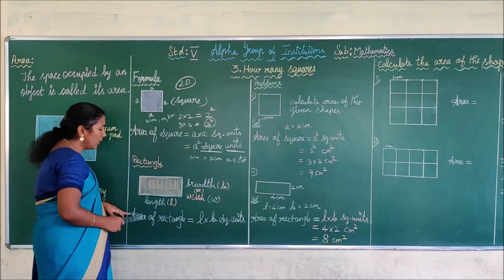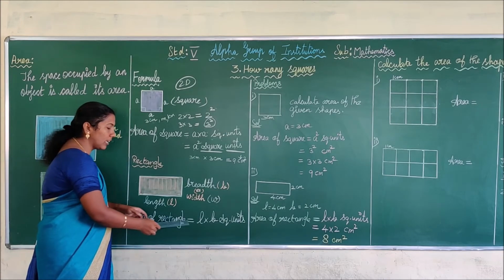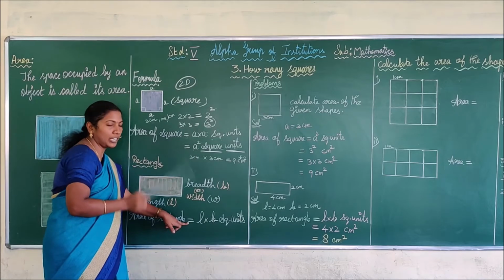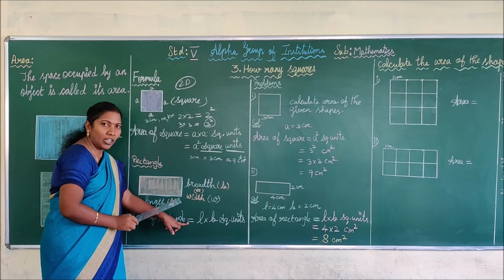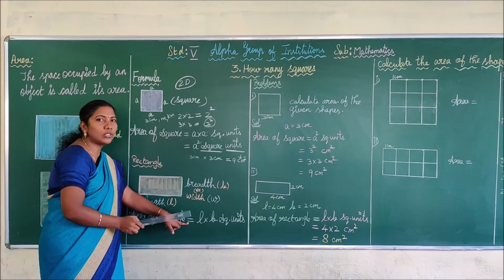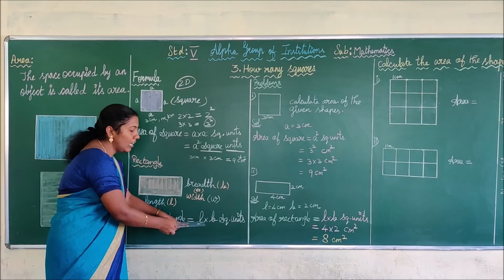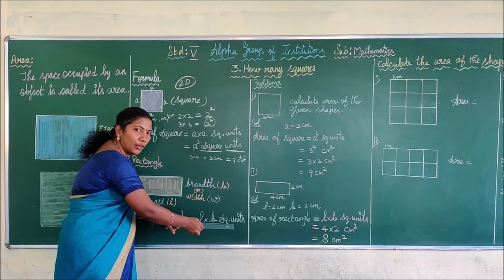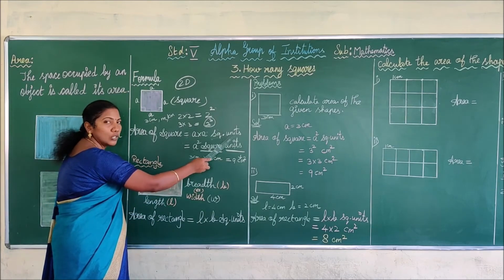Okay. How do we give the formula for area of rectangle? Area of rectangle, as I told, to find the area of any two-dimensional shape, you have to multiply its two sides, that is its length and breadth. Thus, we can write L into B shortly. Okay, L into B square units. Whenever you write area, definitely you have to write square units.